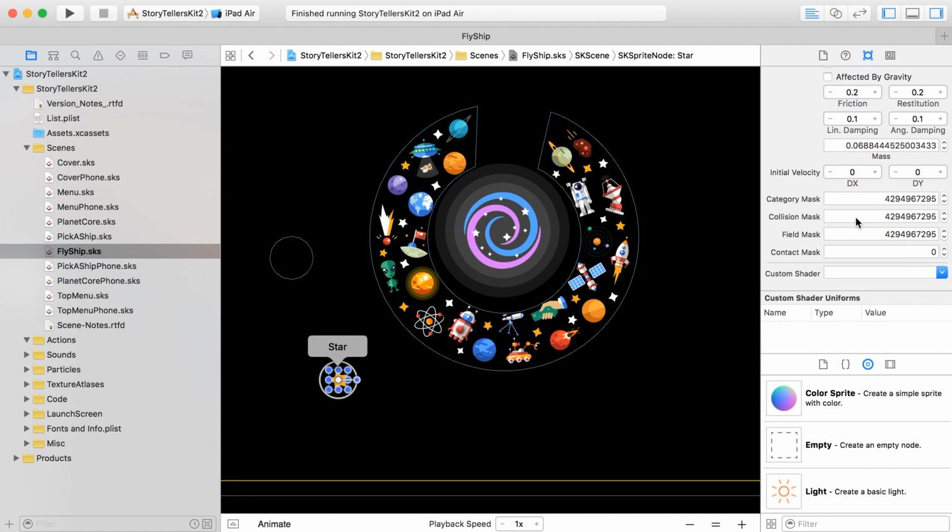Now here's the important thing: we need to set up a category mask, collision mask, and contact mask for this shape. And don't think of this in terms of masking in Flash or Photoshop, it's different. Mask is really just basically an ID. So the ID for our star is going to be 2. And what we want to do is specify what other IDs the star can collide with and contact with. And I'm just going to set them both to 1, which is going to be the category mask of